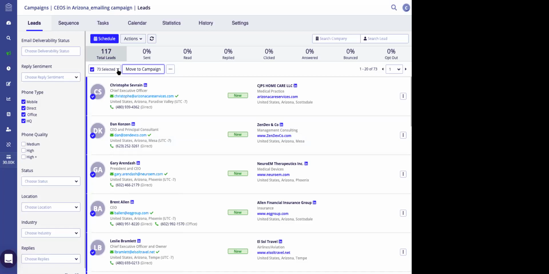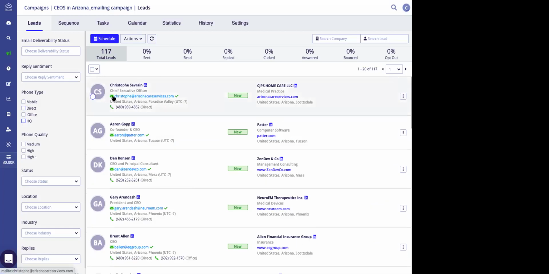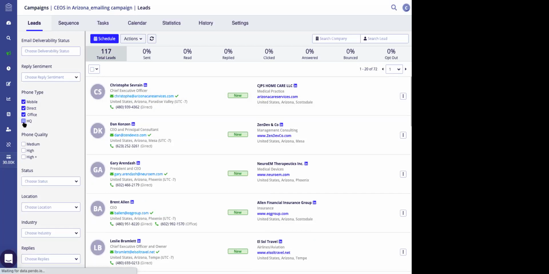Okay. So like I've just shown here, let's say you want to take everyone that has a phone number out of this campaign and move it somewhere else, you can just select the leads that do have phone numbers by selecting phone type. And then you can see the number of results out of the total number of leads is 73. If I select all of those leads, you have the option to just move that to a different campaign. If you want to keep them in this campaign, but also copy this list and add it to another campaign,